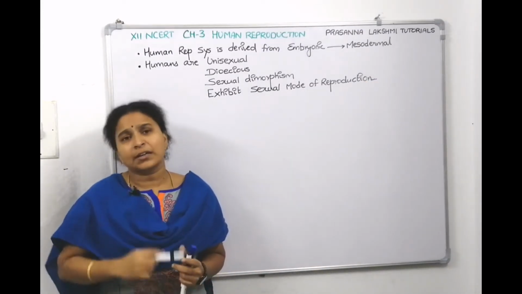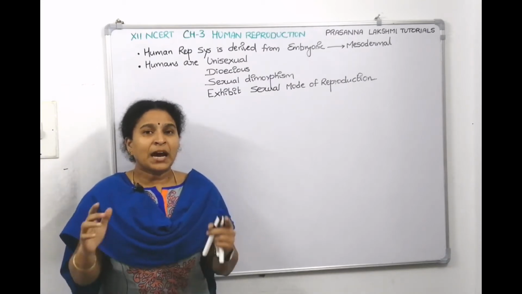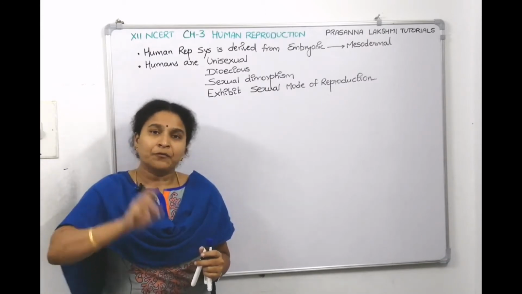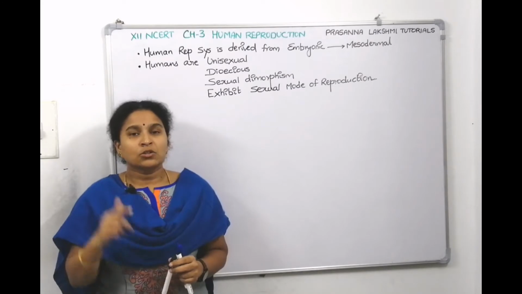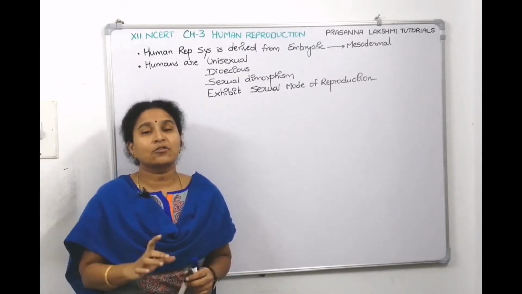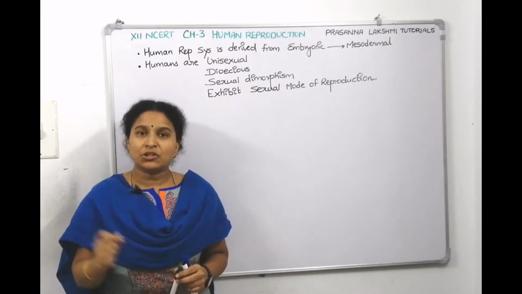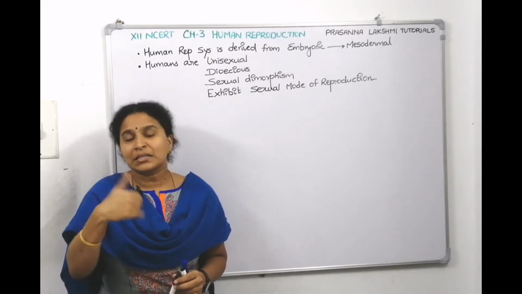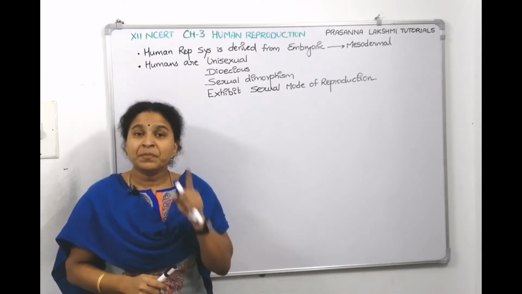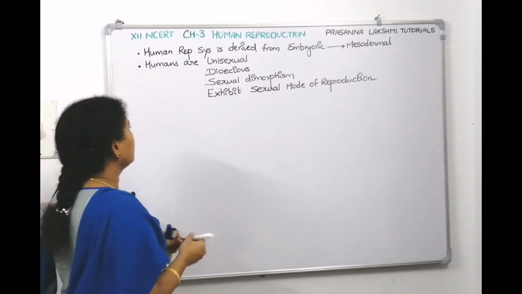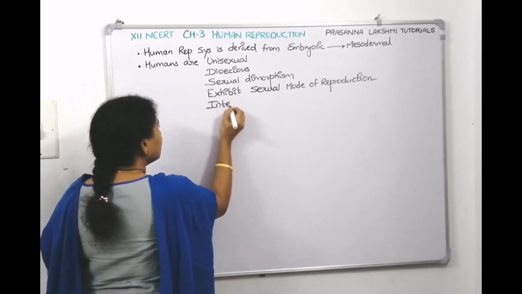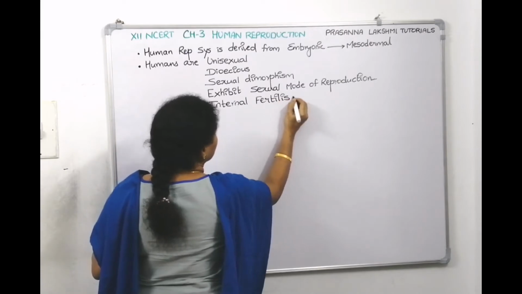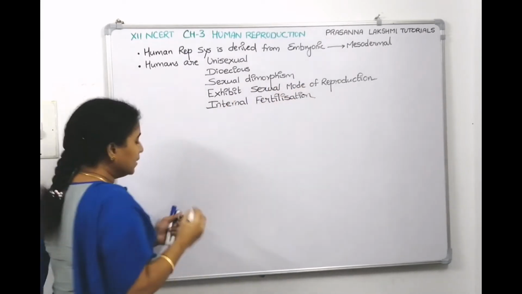And then if we talk about fertilization, like fish and frog, are the gametes fusing outside, or the sperm comes into the female reproductive tract and fusion happens inside the female reproductive system? So if the fusion happens inside the female reproductive system, then we have to call it internal fertilization. During insemination, during copulation, the semen is sent into the female reproductive tract, right? So where is the fertilization happening? Inside the female body, right? So what word we have to use then? Internal fertilization. Humans show internal fertilization.